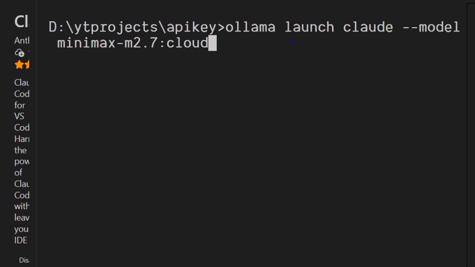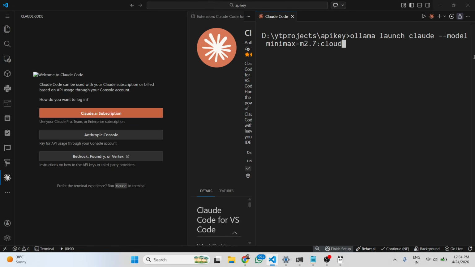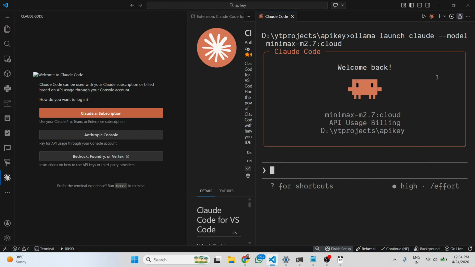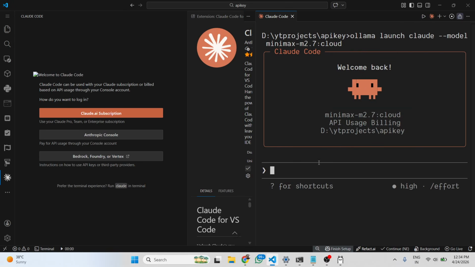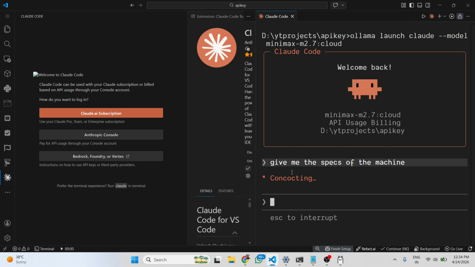So now you launch this by using the cloud model, which is totally free. You just need a simple Google account. So once you log in, now it will log in with this cloud model. So right here you can simply ask any question. Give me the specs. So you will see that if you ask the question right here, it will